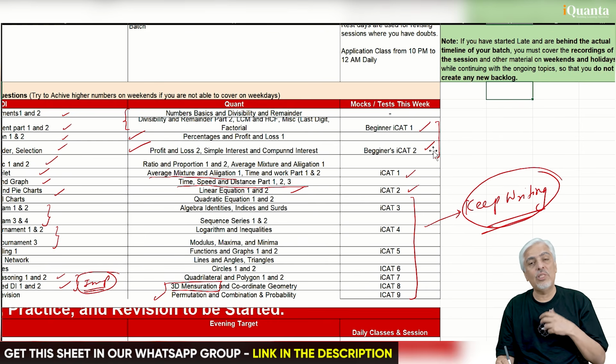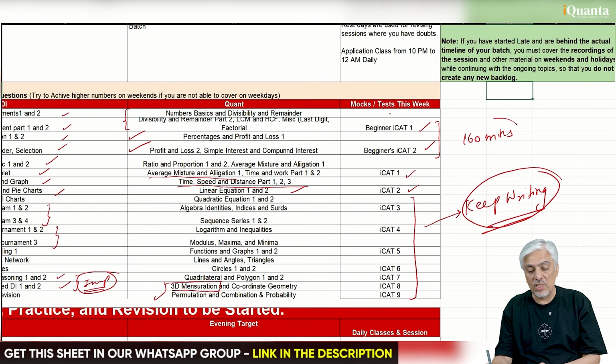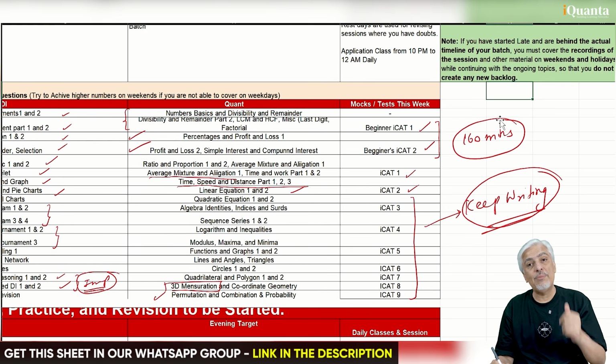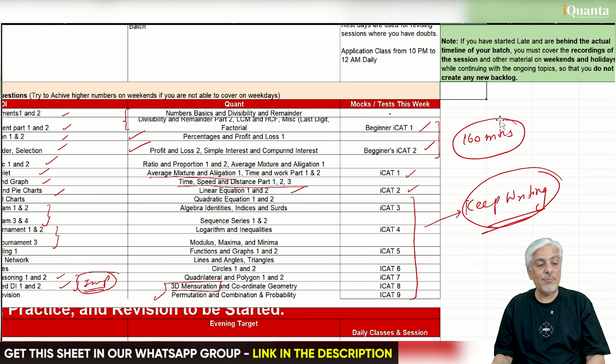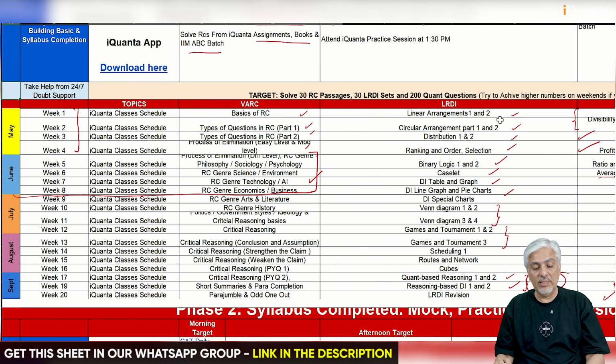That section test can be of whatever area you like, or you can in fact just keep rotating once verbal, once quant, once LRDI, and so on, so that automatically all areas get revised equally. Now, what I'm trying to tell you is that when you do that, instead of sitting for 120 minutes, if you sit for 160 minutes, your concentration really improves. Your stamina improves. You're able to sit for a longer time. And hence, on the day of the CAT, sitting for 120 minutes will not seem tiresome. And hence, I always advise that people should do this. So this is a very important thing. You should try this, and I'm sure it'll work for you.